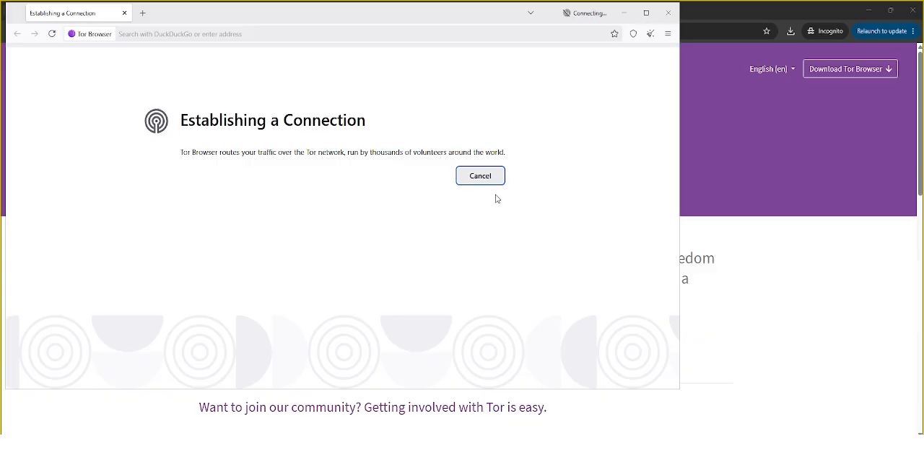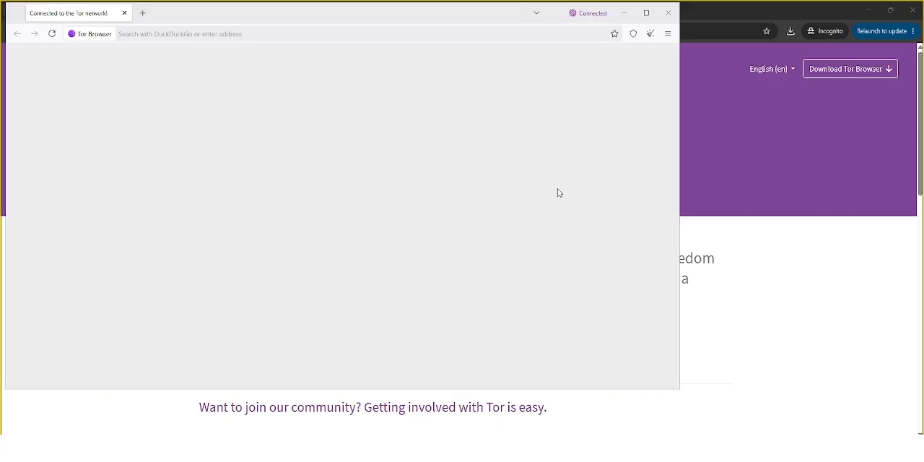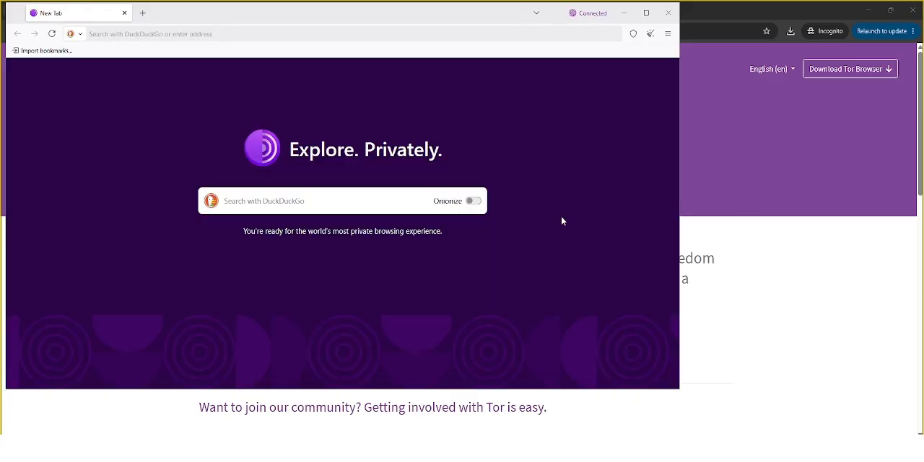Please wait a few seconds while the connection is being established. When the screen changes and shows connected, it means everything is ready. Now you can browse the internet privately and safely with Tor browser. That is the complete process. You have successfully downloaded, installed,